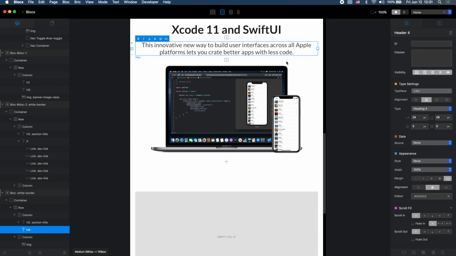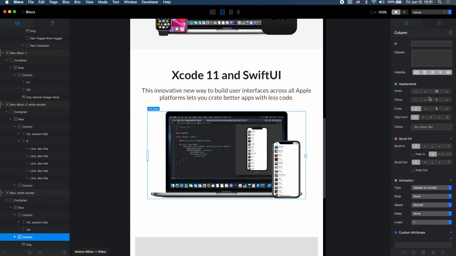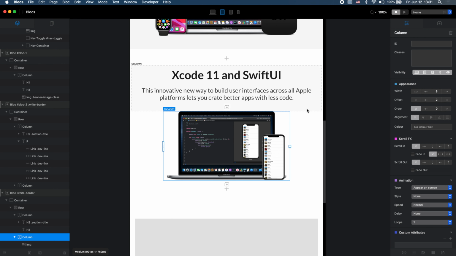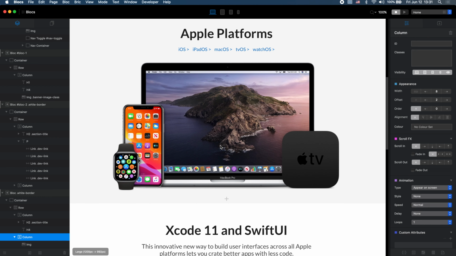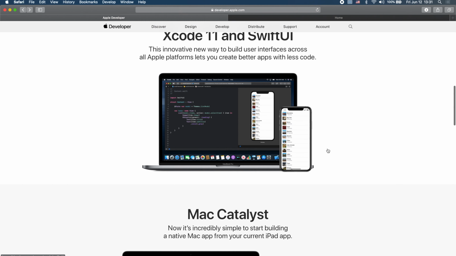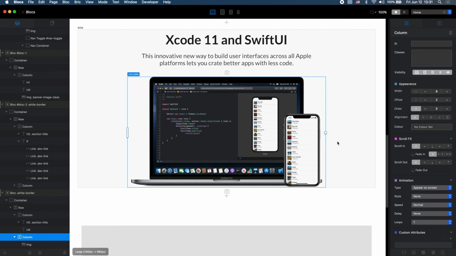Perfect. I will go to other breakpoints quickly to see how it looks. So maybe we can make this 8 to 2 here. Yeah, it looks perfect for all breakpoints. So this is it for this section. So for this section, I think we will be just